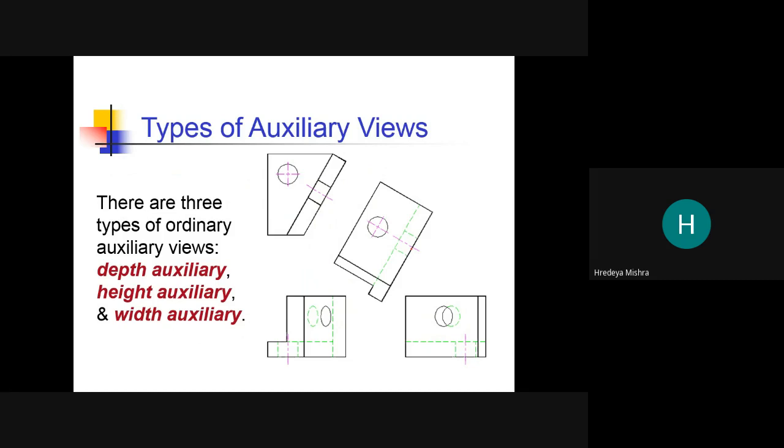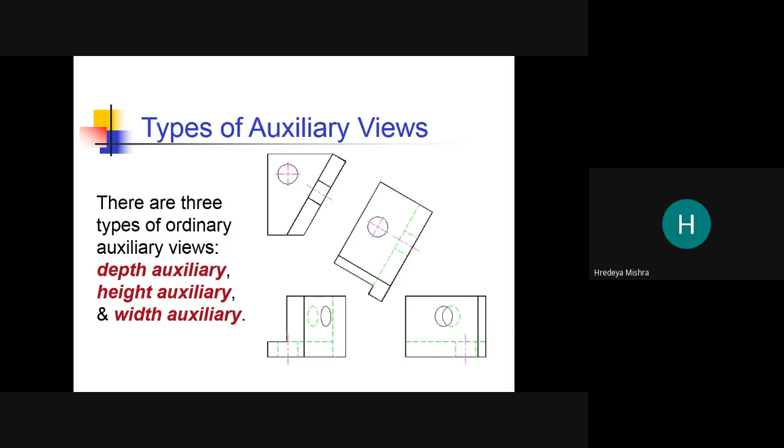Which auxiliary view visualizes the depth? That is the depth auxiliary view. Which auxiliary view shows the true height?